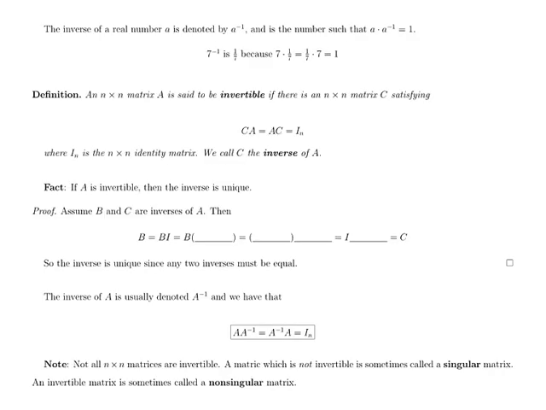In section 2.2, we're going to introduce an important concept called the inverse of a matrix. We've talked about inverses before in math. One aspect is with a real number. So a real number A has an inverse A^-1, and that means that if you take A and multiply it by its inverse, you get 1. So for instance, 7 inverse is 1/7 because 7 times 1/7, which is the same as 1/7 times 7, is